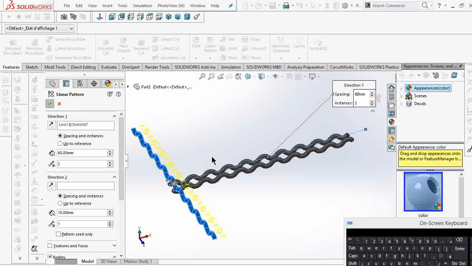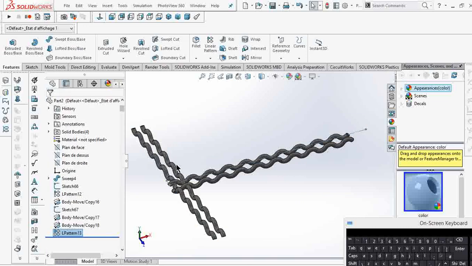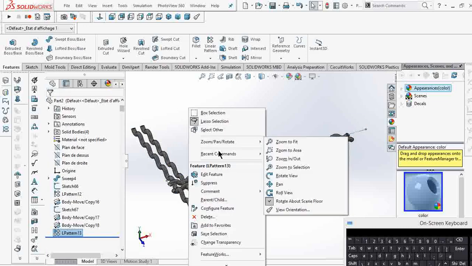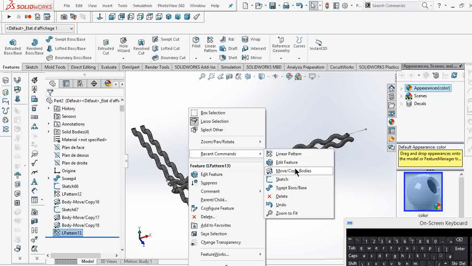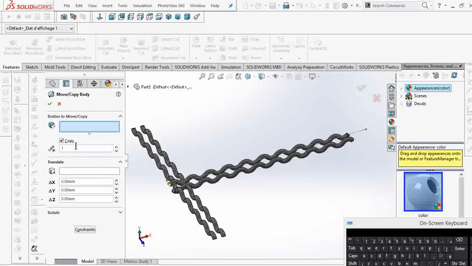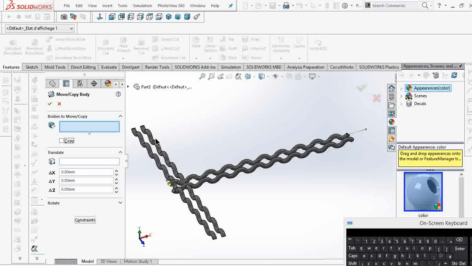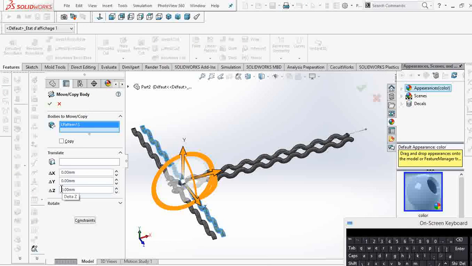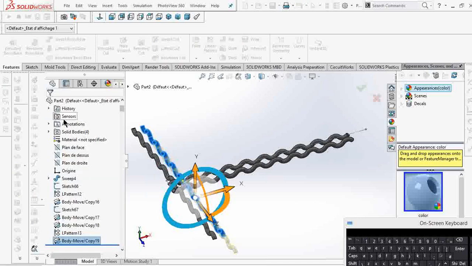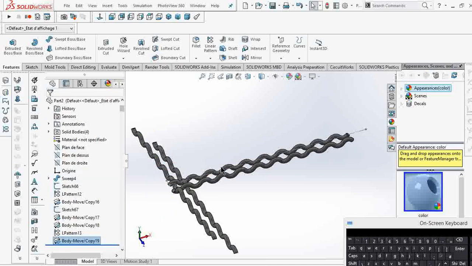Okay, next we have to rotate this body, so we right click and choose recent command, then we choose move copy, then we uncheck copy, we select this one, then we are going to rotate it now along the z-axis through 180 degrees, so 180. Okay, once this has been achieved,